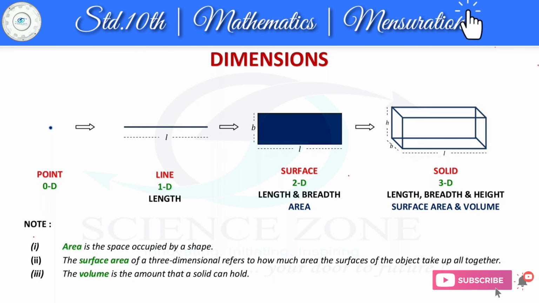Dimensions. In Standard 9, we learned 3 steps from a solid to a point in chapter Euclid's Geometry. In each step, while going from a solid to a point, we lose one extension called its dimension. Dimension is measurement of something in one direction. A solid has shape, size, and position. It can be moved from one place to another.